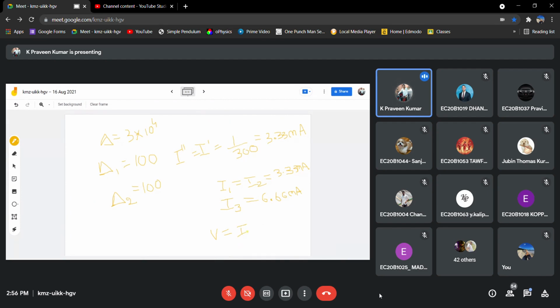Obviously I3 into R3, right? I3 we know, R3 we know. So you'll get something like 0.667 volt. This is the value you got.